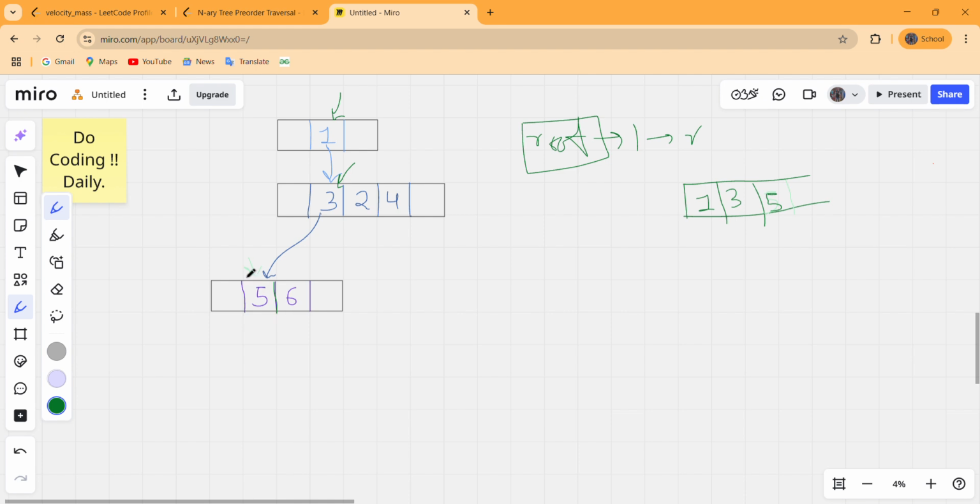So the counter goes to this 6. And whenever we are on a node, push that inside our answer and explore its children rather than exploring its siblings. And when we try to explore its children, there is no reference, so return, and this counter tries to move to its sibling, and we can see that there are no siblings left, so just return.